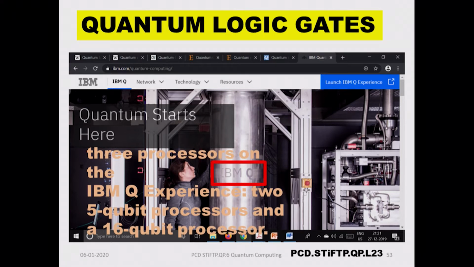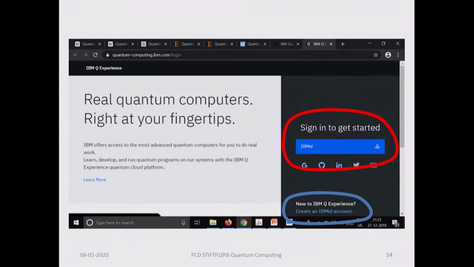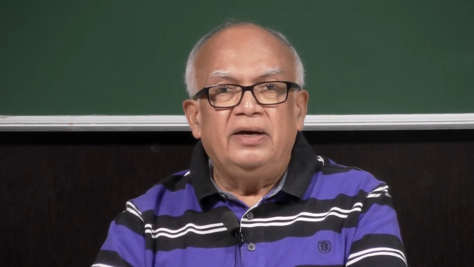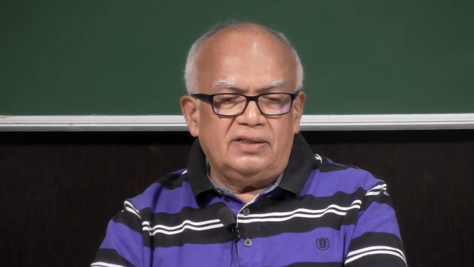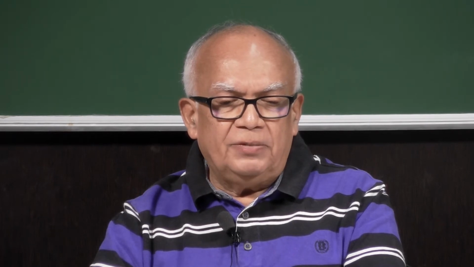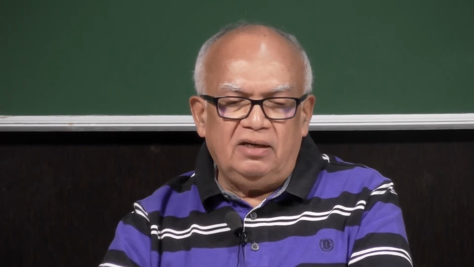So, the reason I say that quantum computers have come, you would have seen this picture. This is the IBM quantum computer which you can actually access. You can sign in to get started. If you are new to the IBM experience, you can create an IBM ID account on this machine, all right, and start doing some basic operations so that you get your feet wet, and learn how quantum computing is done. So, this is a nice machine. This has got two 5-qubit processors and a 16-qubit processor,